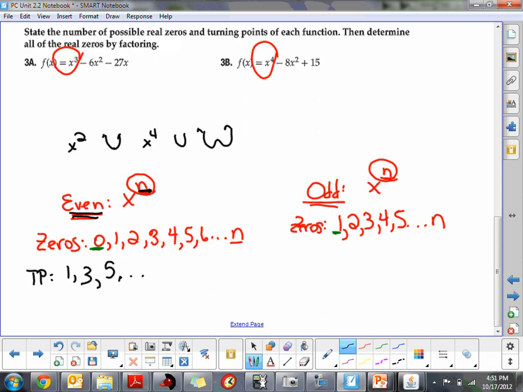If this power is 6, it had to have 5. So there's always 1 less turning point than a degree. But the even ones always have an odd number of turning points. You'll see the comparison over here with the odds. If it's an odd power, the turning point, if we are trying to figure out how many turning points the